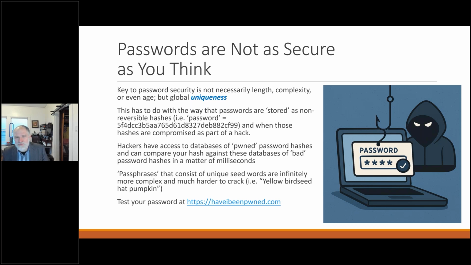But when people reuse passwords, this presents a massive challenge, and it creates a perfect front door for these hackers to come in, because they know these known good hashes, and they know the hashes of the 1 billion passwords that are on the dark web. These are stolen passwords that end up in stolen password breach databases. One of the first things the hackers do is attempt to log in with those. A lot of people will use the same passwords across multiple services, so you really want to make sure your password is unique.